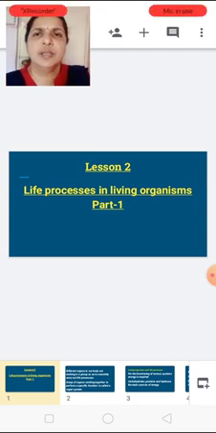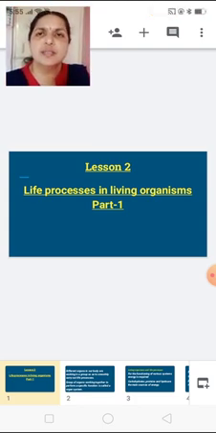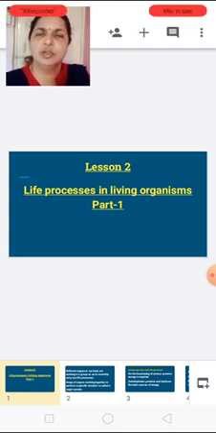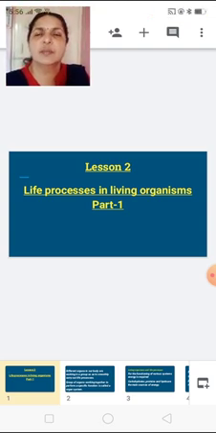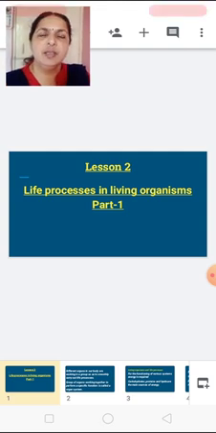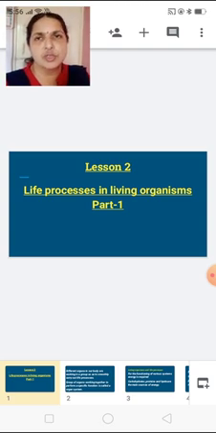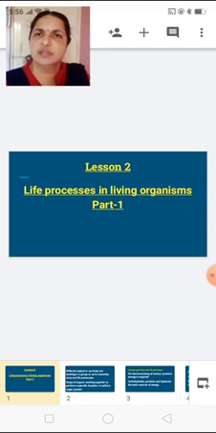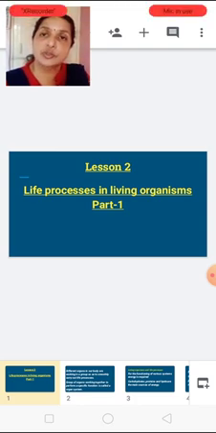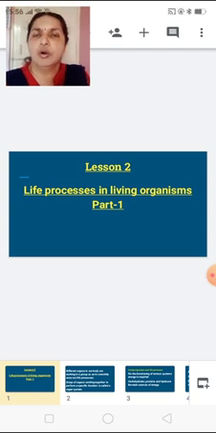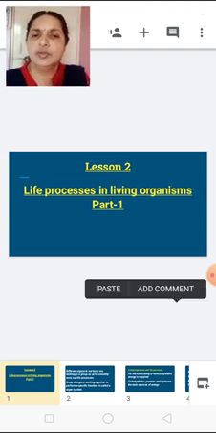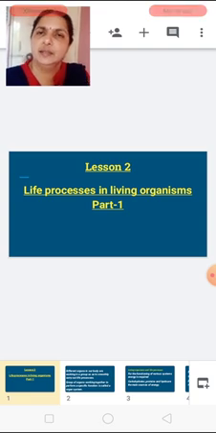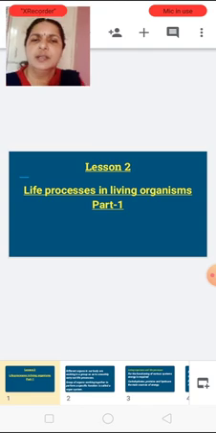First, can you tell me what living organisms are made up of? I know all of you know living organisms are made up of cells. When a group of cells join together, what do they form? They form tissue. We have learnt in standard 9 about tissue, the definition of tissue, everything. So when a group of tissues join together, they form an organ. Can you name some of the organs, children? Like the heart, stomach, lungs, brain, many organs are there, you all know.